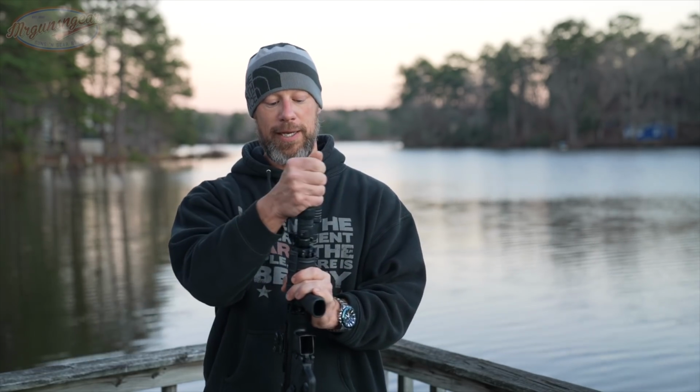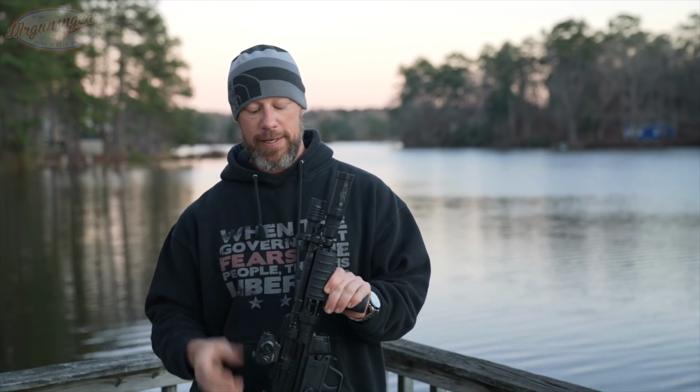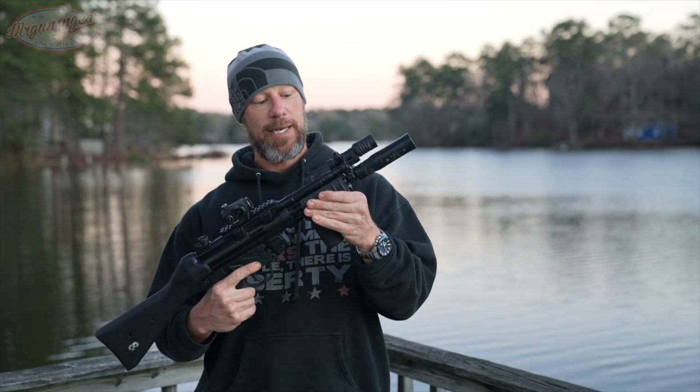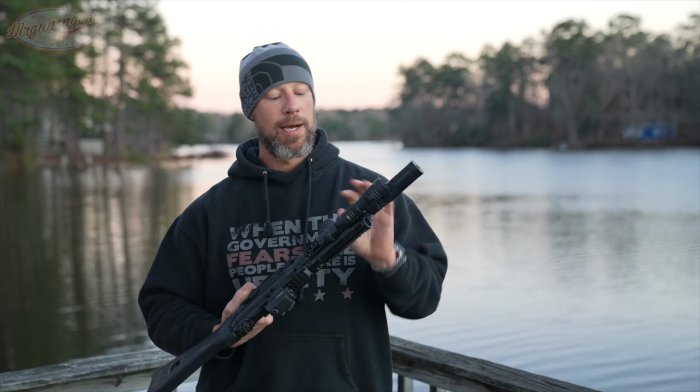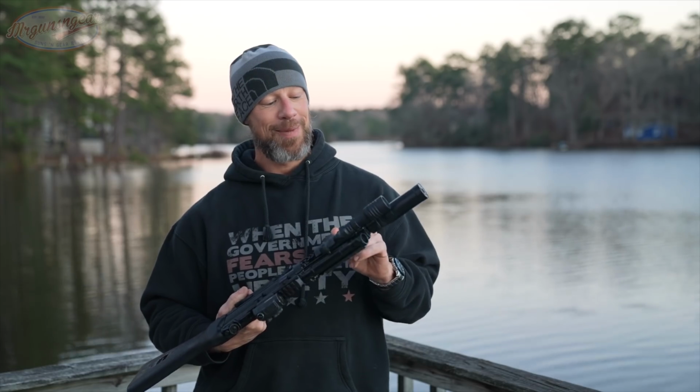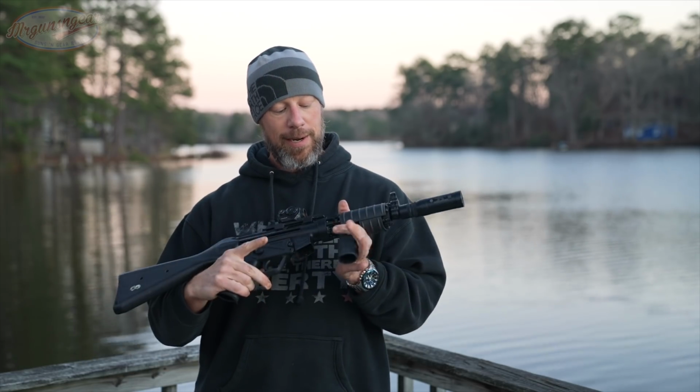And obviously we have a tri-lug and threaded barrel on there, which is something that a lot of the HKs out there don't offer. Some do, some don't. But it gives you the ability to mount your suppressor however you want, which I do like. We've added some accessories, of course, with our Fab Defense handguard up front. We have our Magpul 1913 light mount with a Modlite on there,